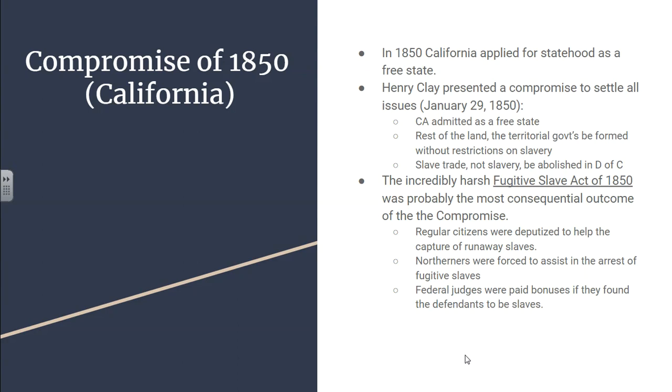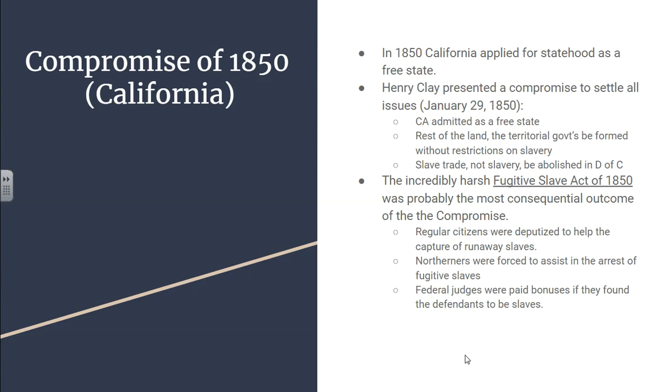But so the Compromise of 1850 is really a collection of compromises. Think of it like a package. And what it promises to do is keep the Missouri Compromise alive, so basically keeping this balance of free and slave states as the United States expands. And so what it really tried to offer was things that Northerners would be okay with and Southerners would be okay with as well, neither of which was completely satisfied, but each felt that they got enough of a piece of the pie to be happy.